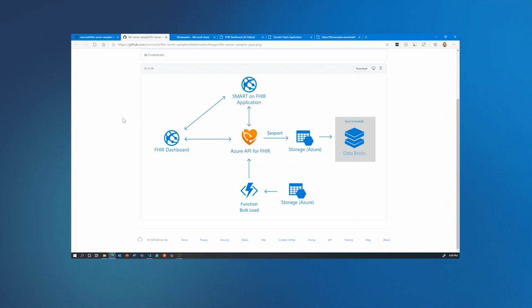So when you deploy the FHIR sandbox, you get a number of resources deployed into your Azure subscription. This is not designed to be a production deployment. This is designed to be a dev test sample environment where you can explore how the Azure API for FHIR works. You can look at some of the code we've written and how to use, for instance, a JavaScript application to access the Azure API for FHIR and return data. You can see how we've configured the Azure API for FHIR to work with SMART on FHIR applications, and you can explore other capabilities like the IoT connector and the ability to export data and de-identify, both of which we'll look at in upcoming videos.